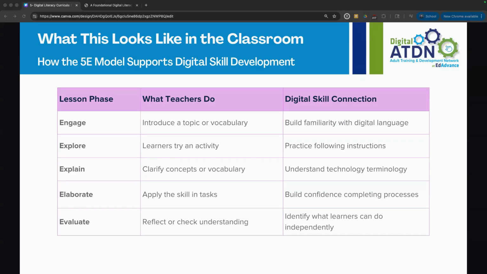I find that with language learners, it's very difficult. You can stand in front of the room and use total physical response and gestures and things like that, but until the students are actually applying those tasks for a purpose, they have to see what the outcome is. So when you're using the skill and they can see the outcome, I think it helps solidify it a little bit better for them.